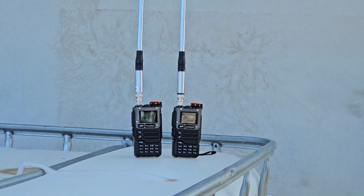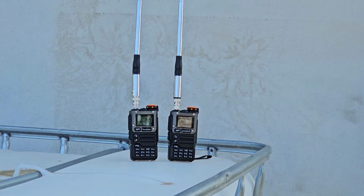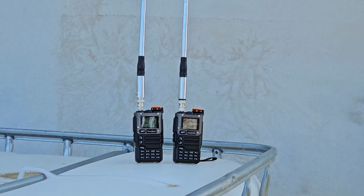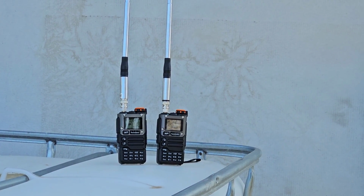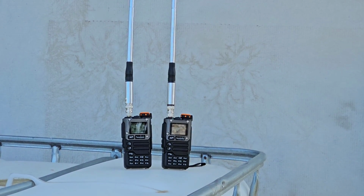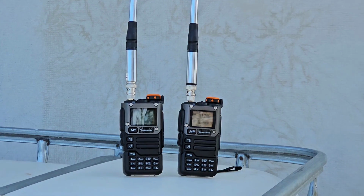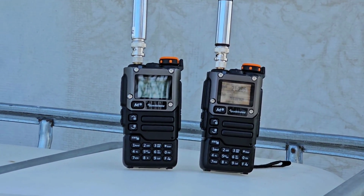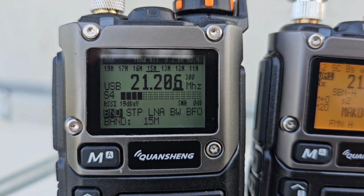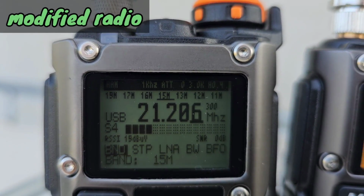So let me show you. There is a low signal conversation currently on 15 meters between, I think, two Russians, and it's a good chance to do this little comparison. So let's check. The receiver on the left with modification,